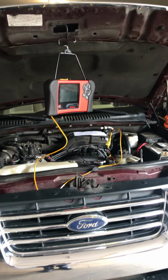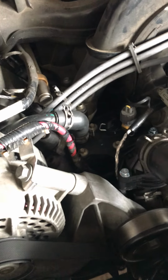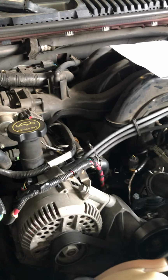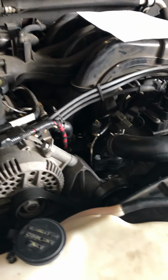Okay, so, 06 Ford Explorer 4.0 overheating problems. Changed out thermostat housing, coolant sensor. Seemed to be staying a tad bit cooler. Thought everything was fine. Customer came back with it saying that it was overheating as he's running his AC at